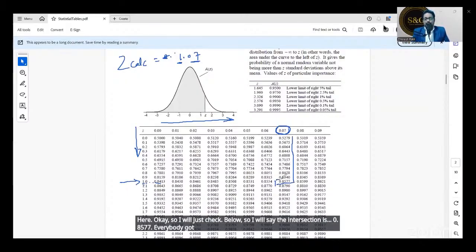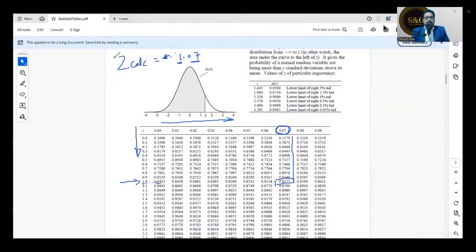Just type yes in the chat box. So this is called the alpha value. Everybody understood this? Just give me yes.